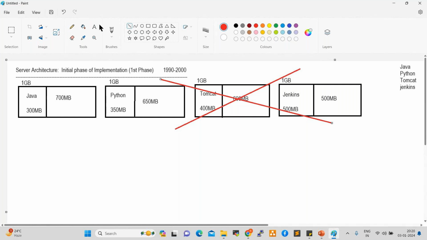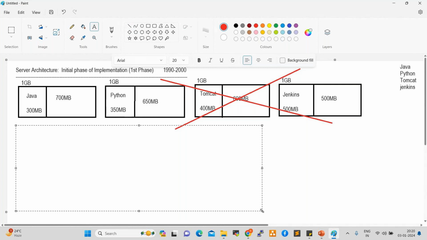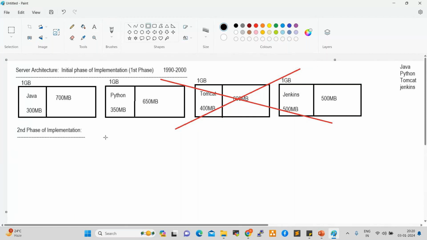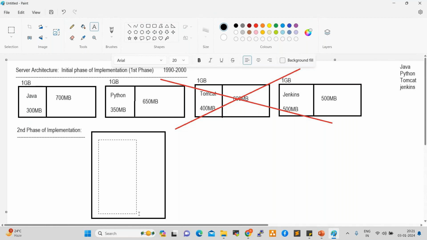In the second phase of implementation, after 2000, project teams used to take one high-end capacity server and deploy all the packages on the same server: Java, Python, Tomcat, and Jenkins.